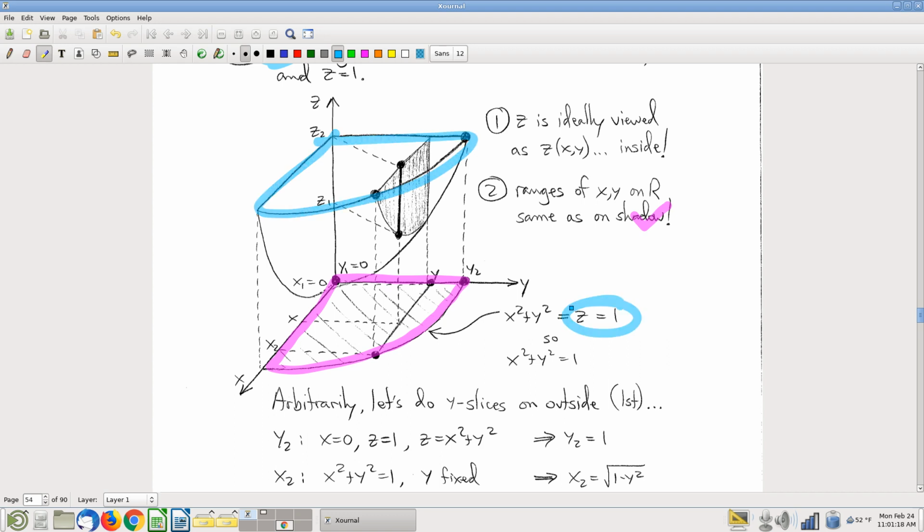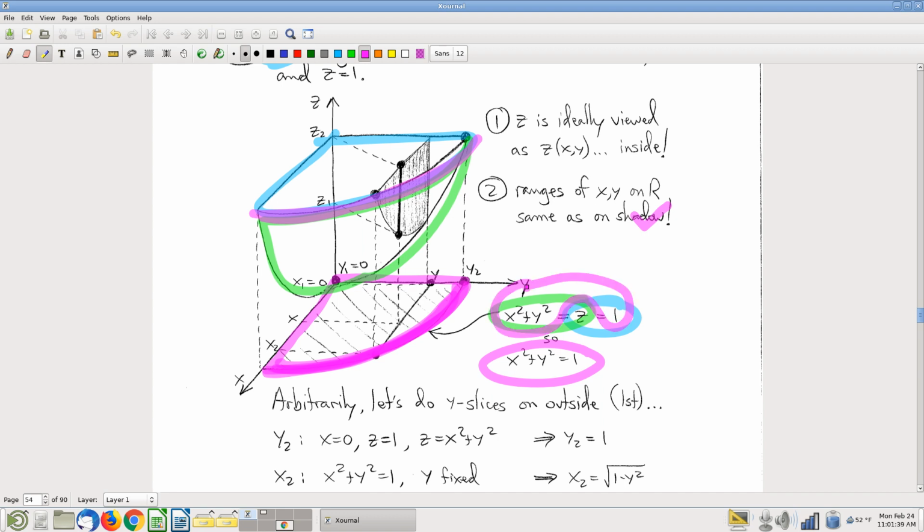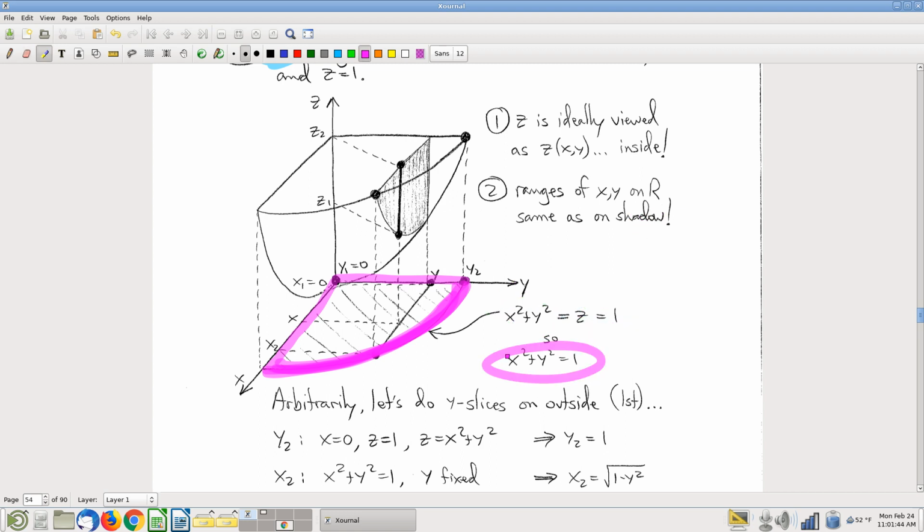z equals 1 intersects this paraboloid, z equals x squared plus y squared. And so where they intersect, namely, where all the action is happening down here, that intersection curve, well, no problem. That's what you get when you set those equal to each other. And so, again, phooey on the solid, let's just look there. And much easier problem, right? It's kind of a double integral problem even. It almost leaps off the page for you